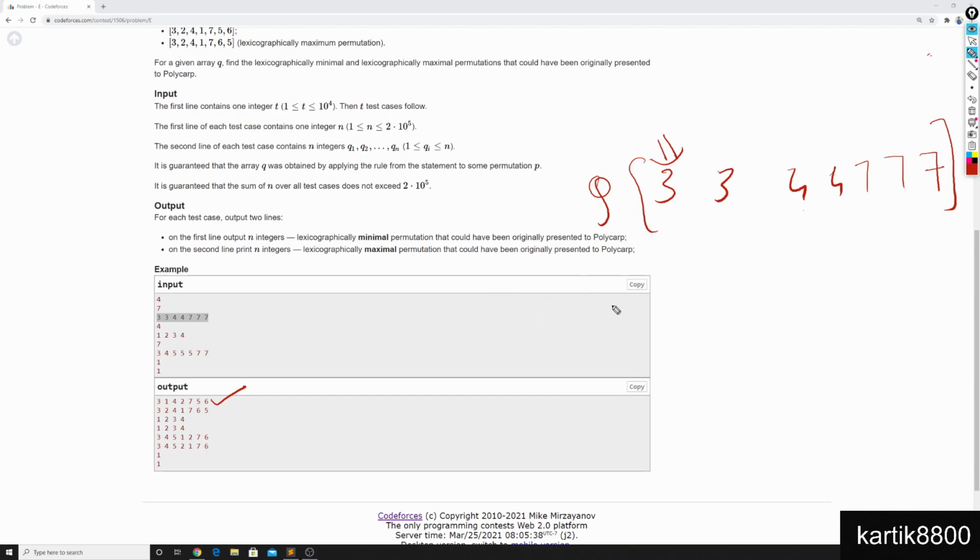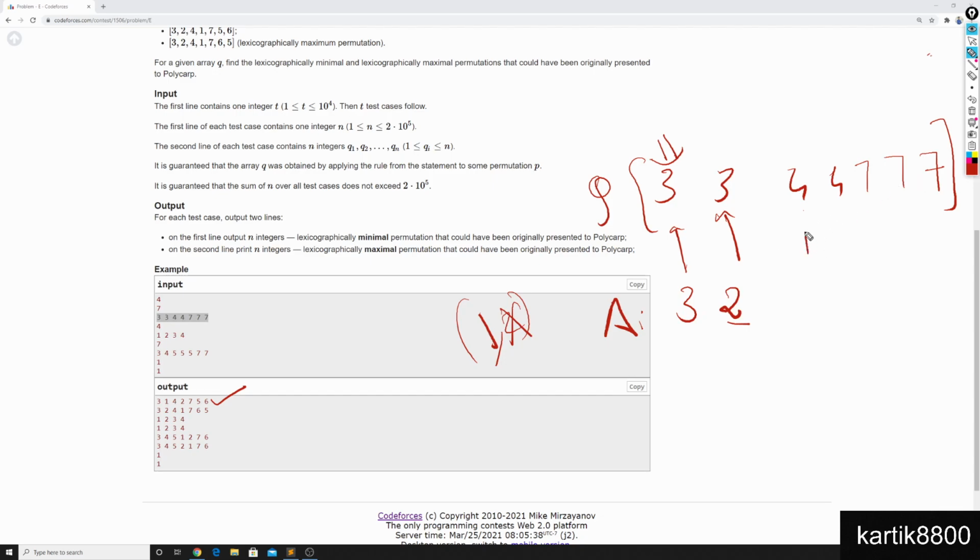So if I'm trying to build the lexicographically largest array A, whose prefix max array is Q, let's see what we can do. The first element is of course again going to be 3, because Q says that the largest among the first 1 elements of array A is 3, and since there's just one element, it has to be 3. That's okay. Now let's talk about this position. Anything smaller than 3 can be put in here, and that works for me. No problems. So I can put in either a 1 or 2. 3 I've already used. So which one should I put in at this position? Since I'm trying to build the lexicographically largest array, I'll be putting in a 2 at this position.